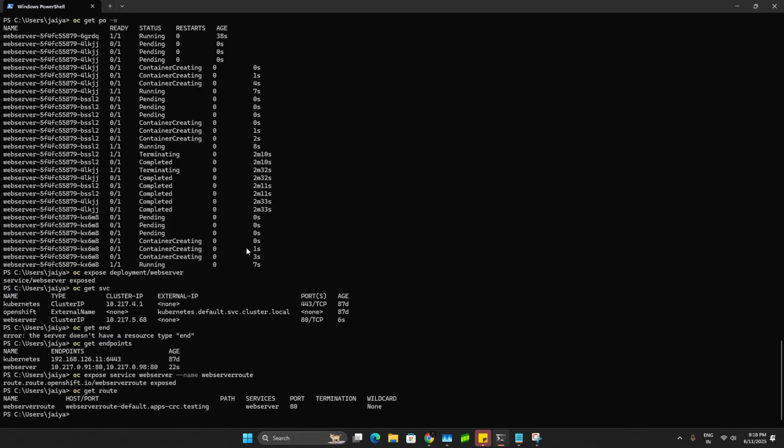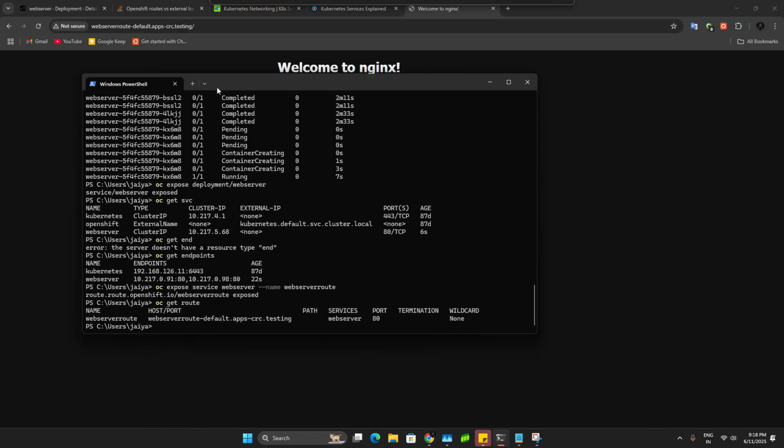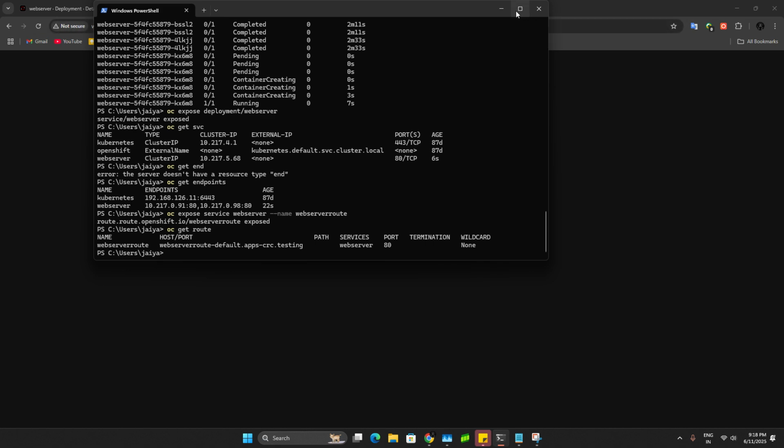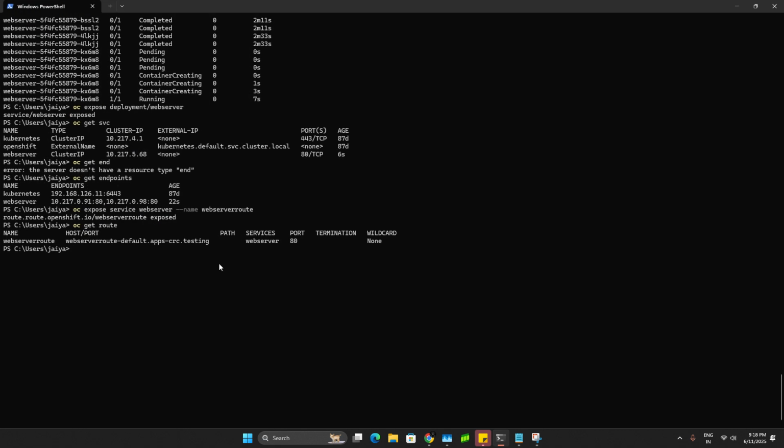So today we have explained the concepts. We observed the concepts of networking, services and load balancer. If the cluster is running with a public IP, we can access these routes on our mobile or laptop, wherever.